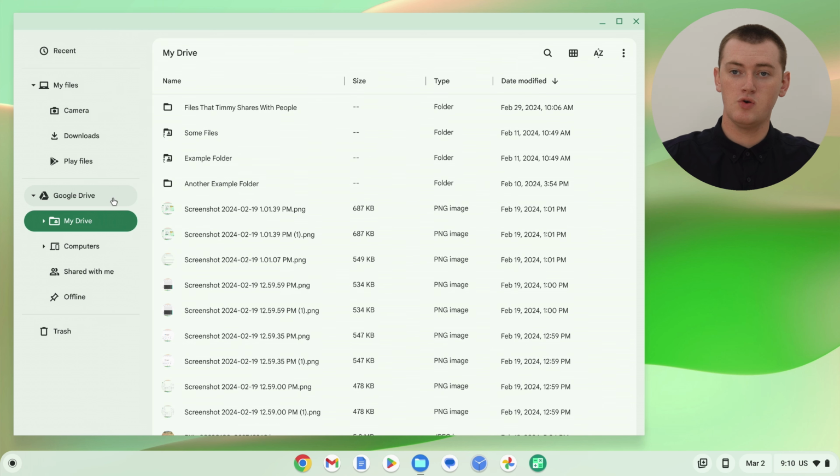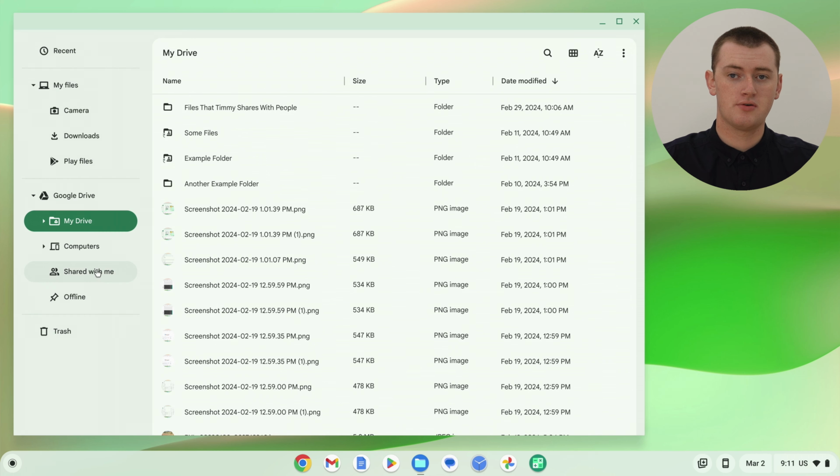So if you click on Google Drive down here, it will automatically take you to the My Drive folder, which is the main folder where you can store files on the cloud on Google Drive. And there are a few other folders below that for different specific things. But basically,